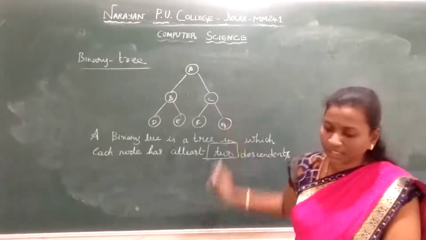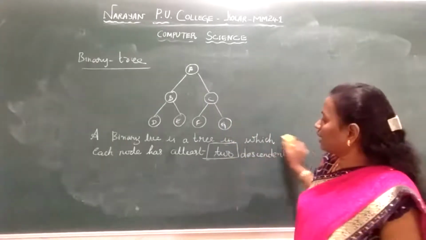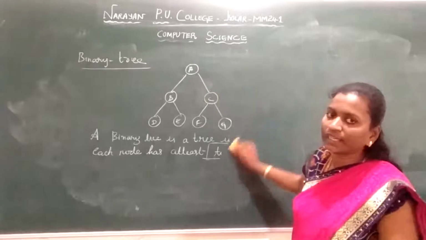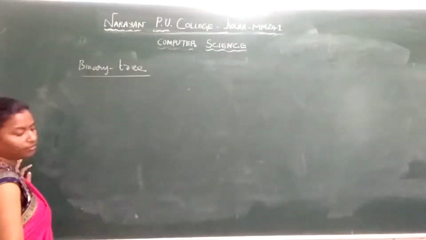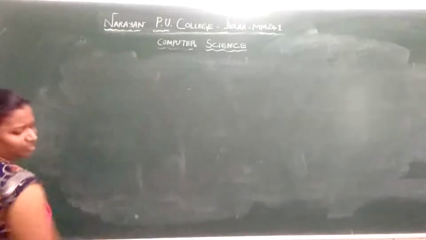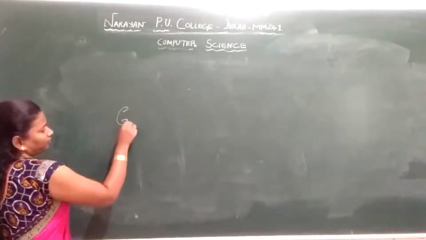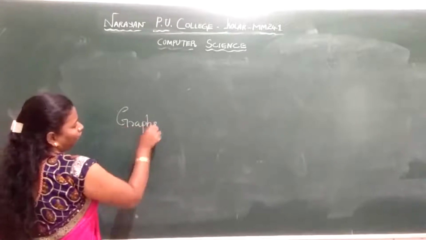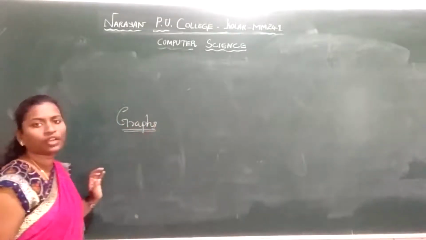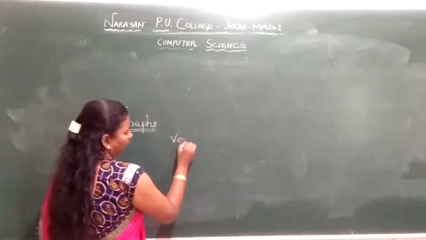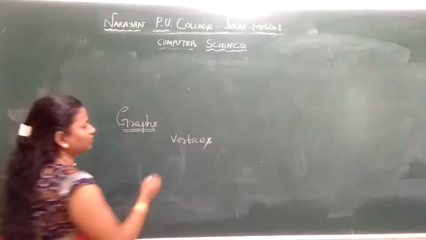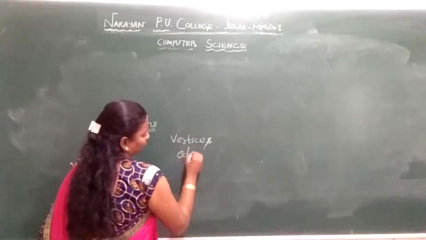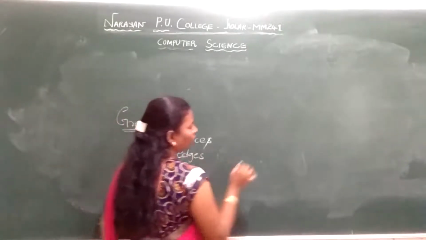After seeing the binary tree, next we'll see the next type of non-linear data structure. We have graphs. I'll tell you the definition for graphs. So we'll finish with the binary tree. Now we'll see graph. So graph contains a set of vertices and edges. Graph is again a non-linear data structure which has a set of vertices and the edges. So what are called as vertices?